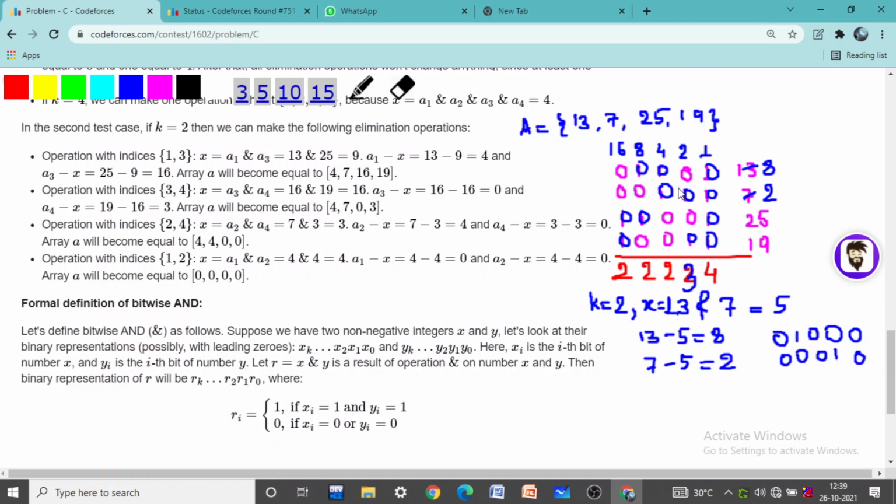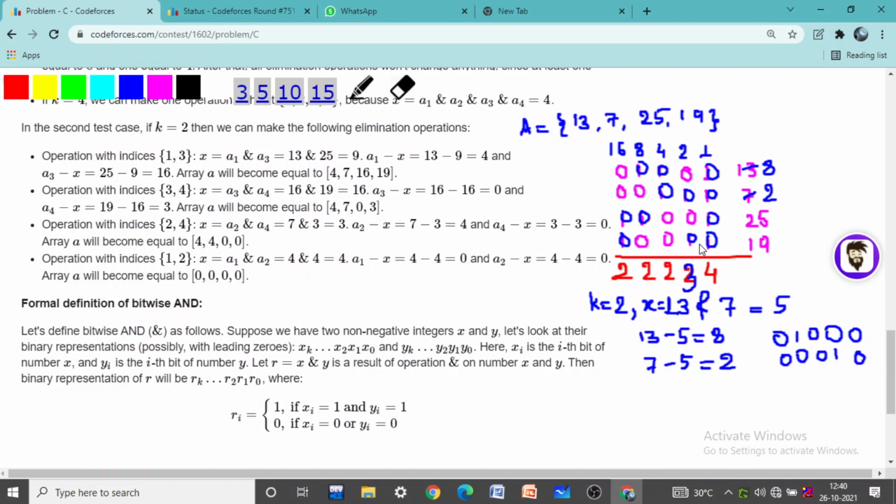So we can see here that if the count of set bits in each column is divisible by the value of k we chose, then we can always clear them. Suppose k equals 3 and the count of set bits were 9, so we could first take three set bits, and then again 3 and 3, so all of the 9 set bits will become 0. But suppose there were only 7 set bits, which is not divisible by 3.